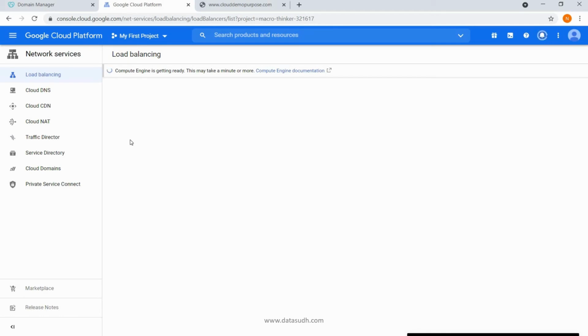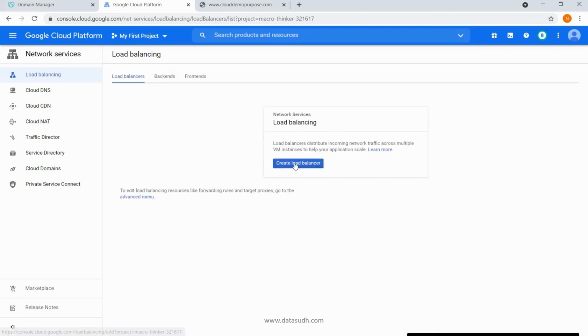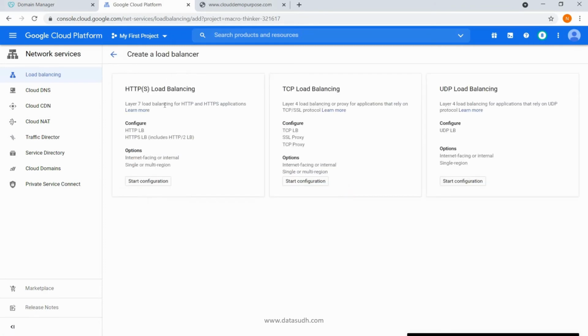So we are going to create an HTTPS load balancer and then we are going to route the HTTP traffic to that balancer. So let's see how to do that. Click on create load balancer. Select the HTTPS load balancing. Click on start configuration.